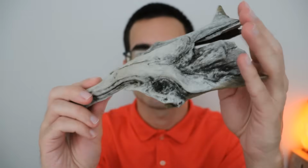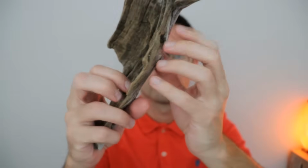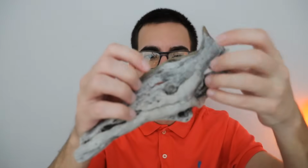And driftwood goes for a lot of money. If you find a big chunk of driftwood, that could go for like $500 to $1,000. So this was a good find. When it dries, it just looks so cool. I would definitely want one of those driftwood tables. Those look amazing. So the next one,